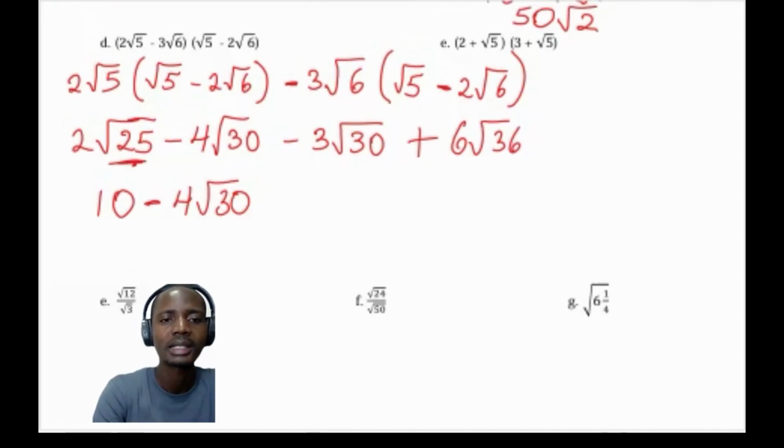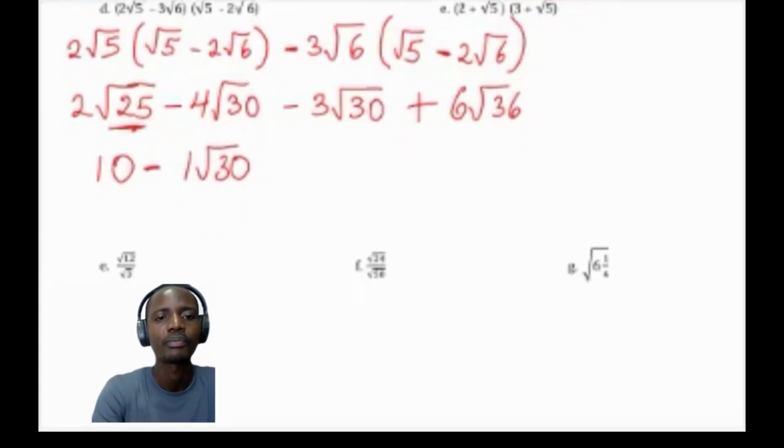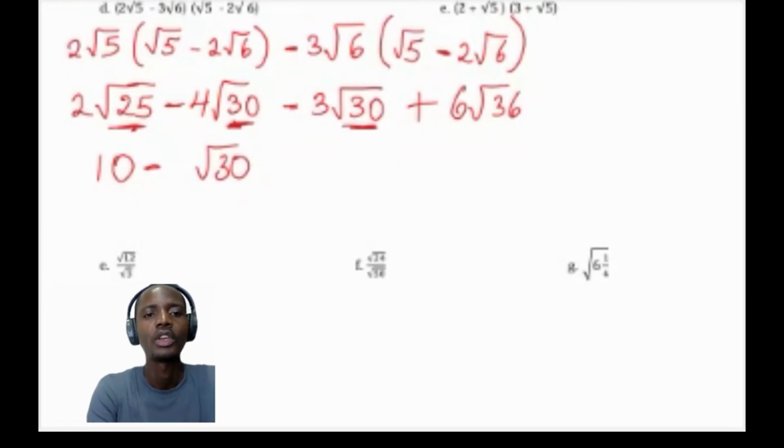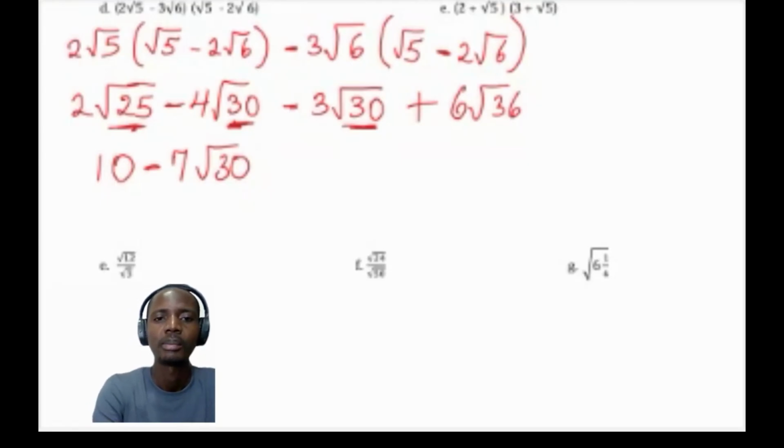So we know that gives negative 4, that's minus 4 minus 3. Since these are similar surds, the radical parts are the same. So that's minus 4 minus 3, that gives us minus 7. So that's minus 7 root 30 plus,